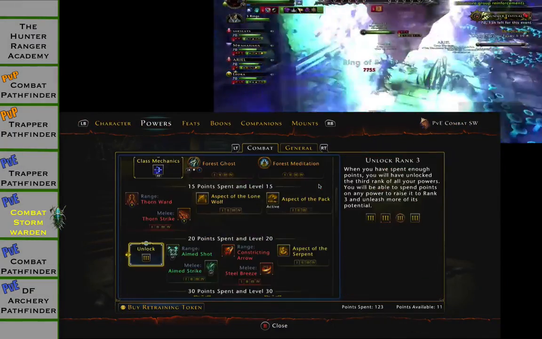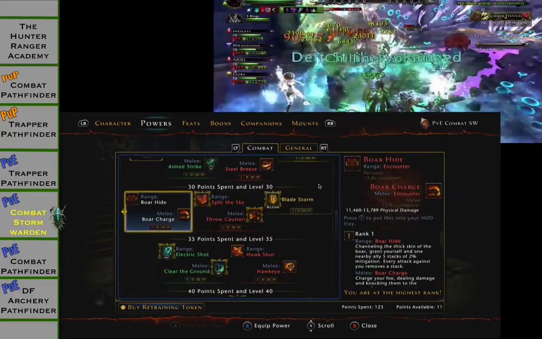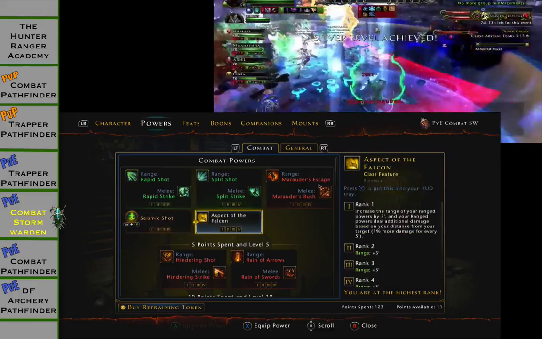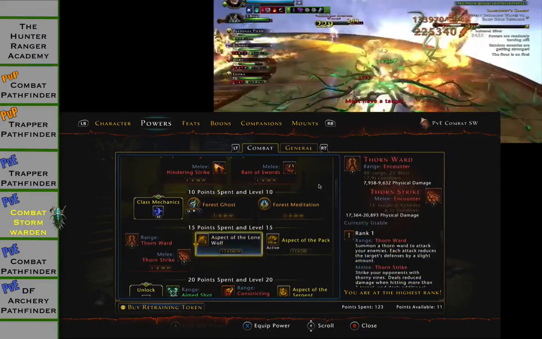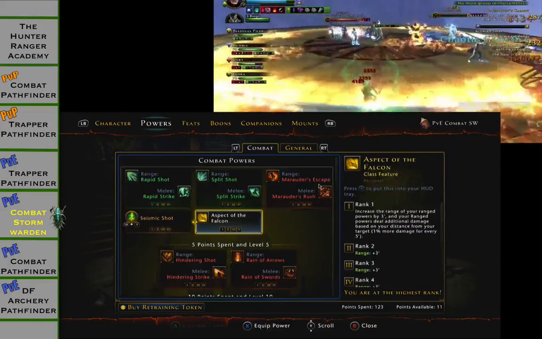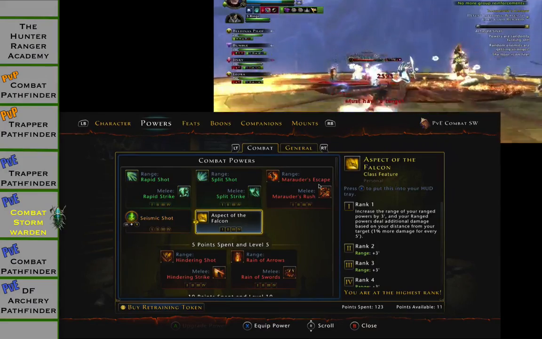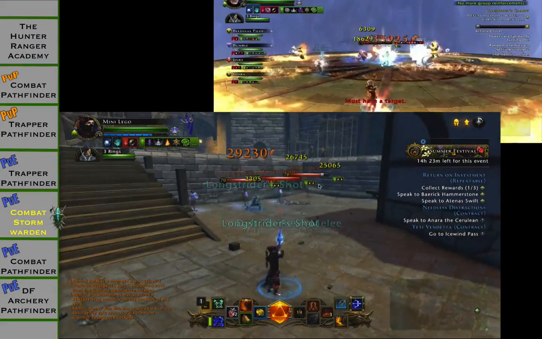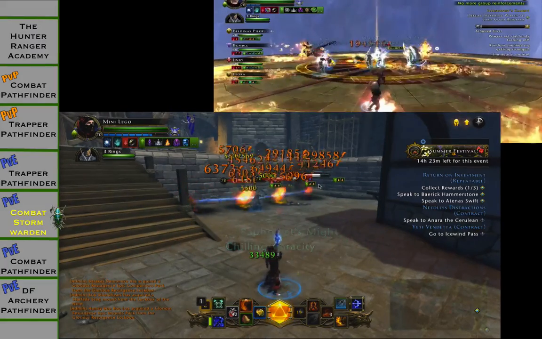If I can, I switch Bladestorm to Aspect of the Pack. Or wait, maybe I should use Aspect of the Pack with Aspect of the Falcon to increase my range. And I use Long Striders and I just hold down right trigger. And you can see right now I'm doing